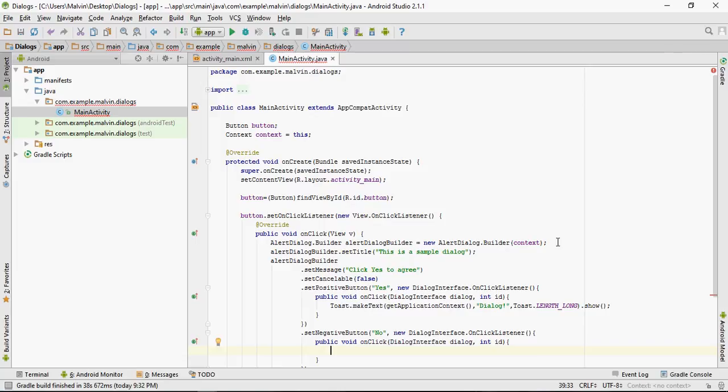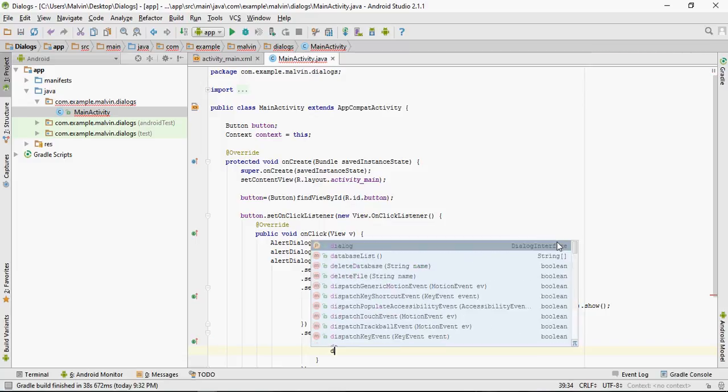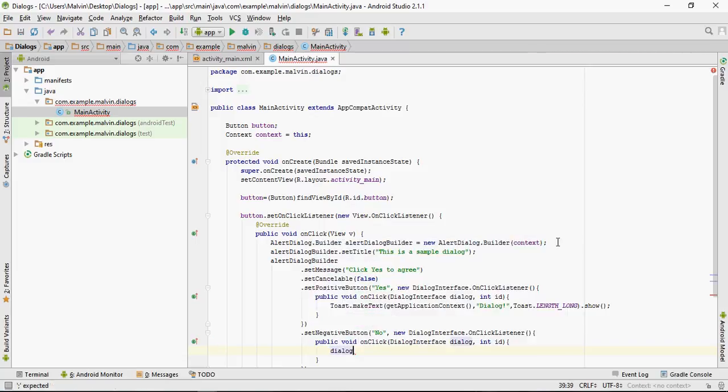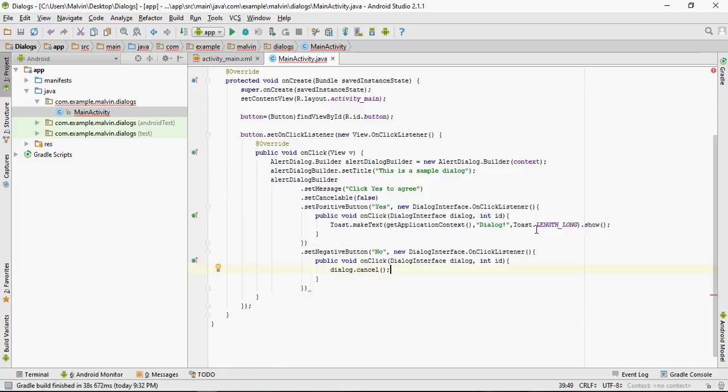Again bracket, dialogue dot cancel. So when the user clicks no, it shows nothing. So add semicolon.